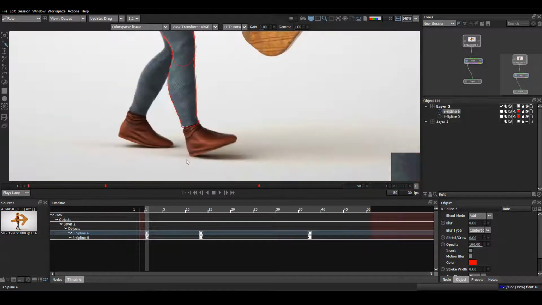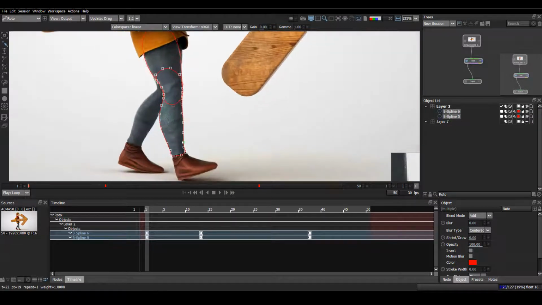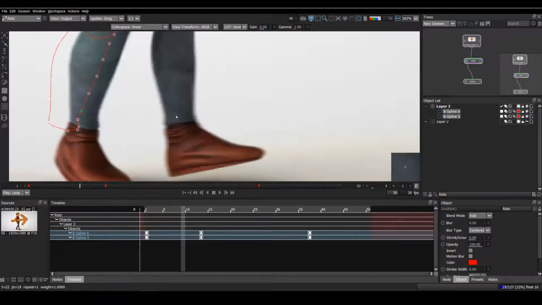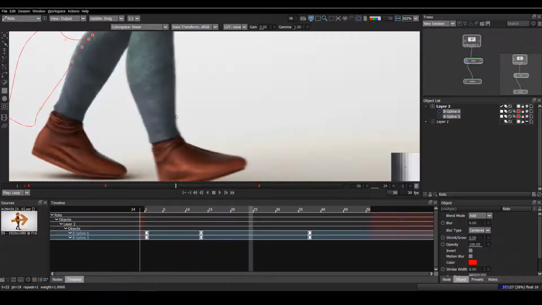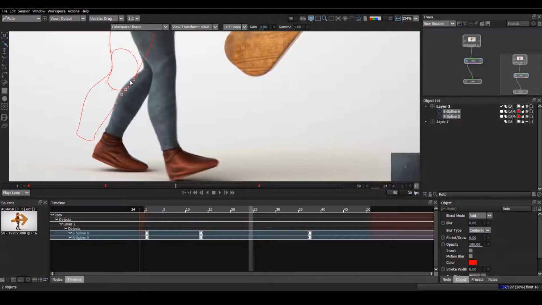Now in this frame the shape is here. Then I'll look for another frame where the shape is at the same place. I put the cursor here, so the shape is at this frame, then I'll change the frame to find where the shape will be here. On frame 24 the shape is here, but as you can see the shape is still here. I need to move the shape here.